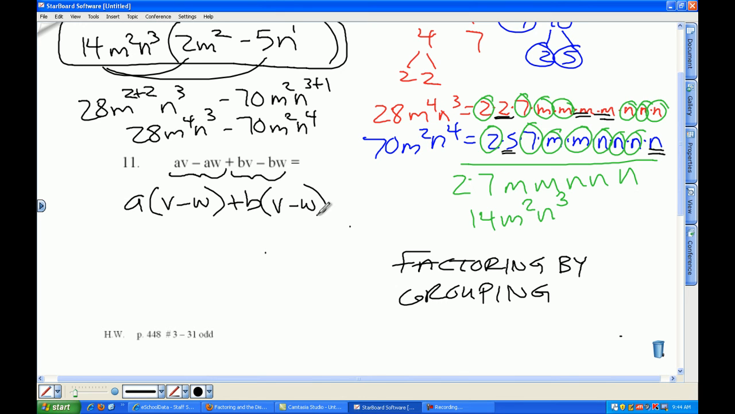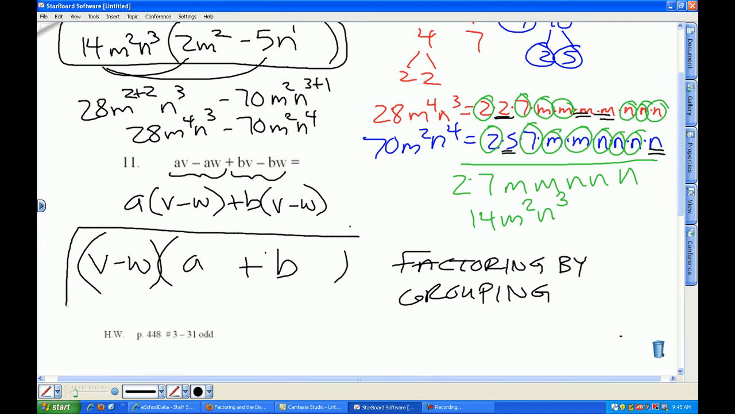Okay, this is a step in a longer problem, so this is not the answer, but we have certainly identified that both AV minus AW and BV minus BW share a V minus W. Well, let's take it out. If I take V minus W out of A times V minus W, I'll be left with A. If I take V minus W out of B times V minus W, I'll be left with B. And it turns out that the final answer to this problem, the final factored form, is V minus W times